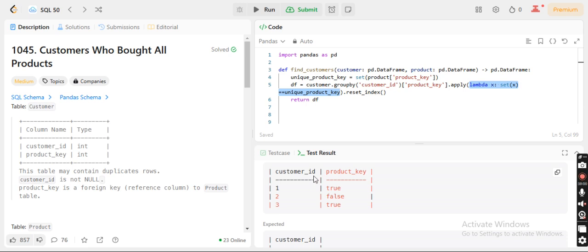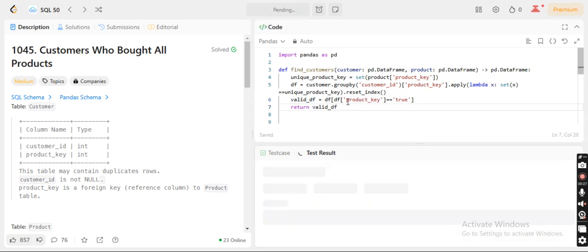So here you will just extract the customer ID by giving the condition where product key is equal to true. So I say valid df equals to df of product key equals to true, and this is df and this is valid df.